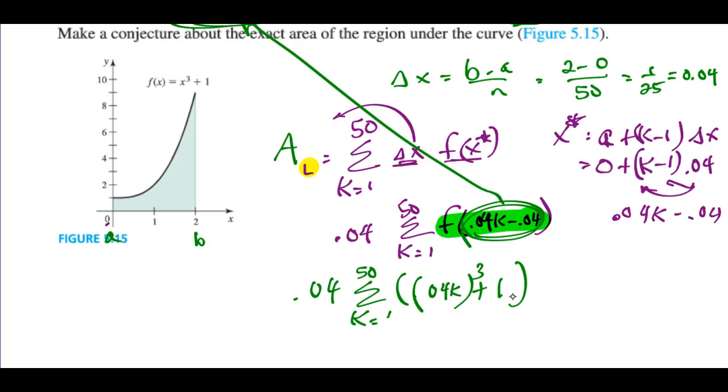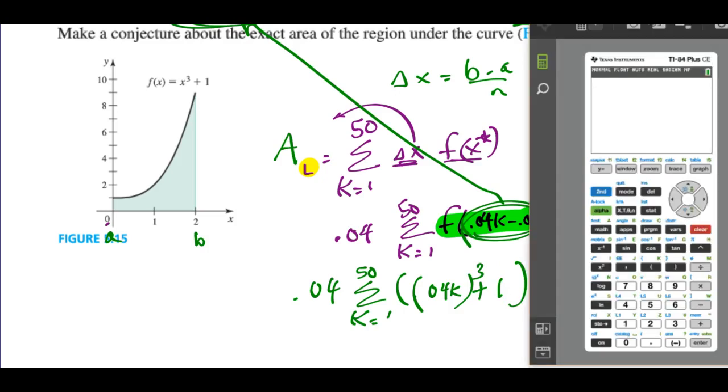Let's see if we can type that in. A couple ways to get to the summation. You'll figure that out, but I like going alpha y equals, and if your calculator doesn't have this function, maybe you have an 83, you can't do this. There's an alternative method I'll show you in a moment. But if you have a TI-84, pretty simple. I'm going to go for x's instead of k's because it's easier to access my x than use my alpha keys. So I'm going to go from 1 to 50, which means I'm going to be adding up all 50 rectangles of this function, which we decided was